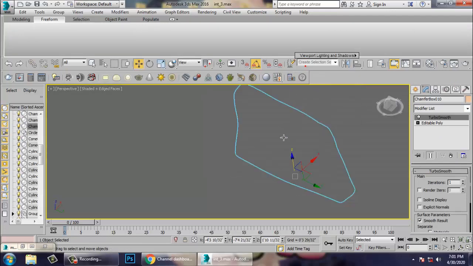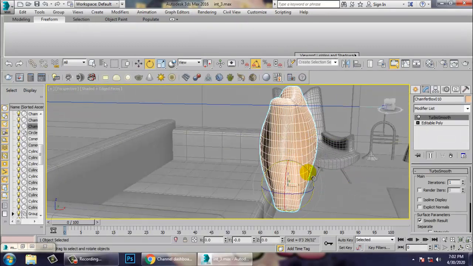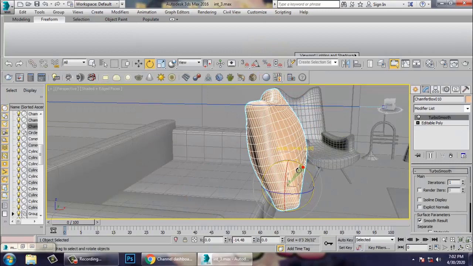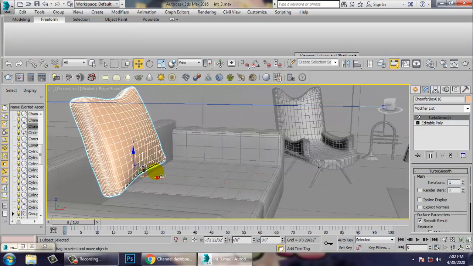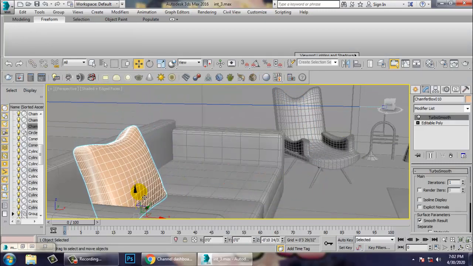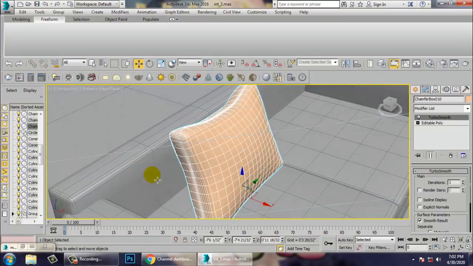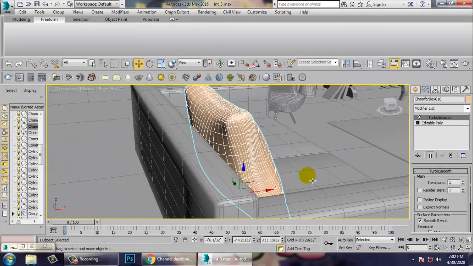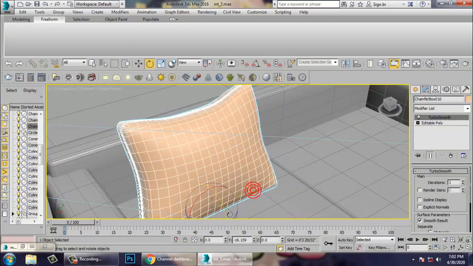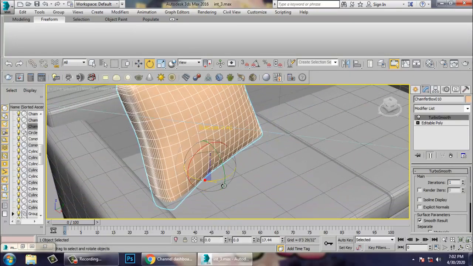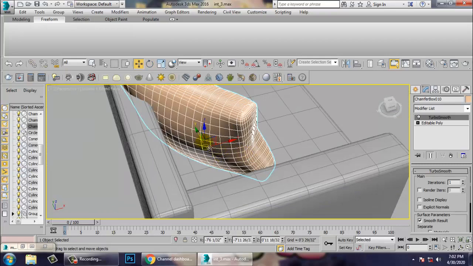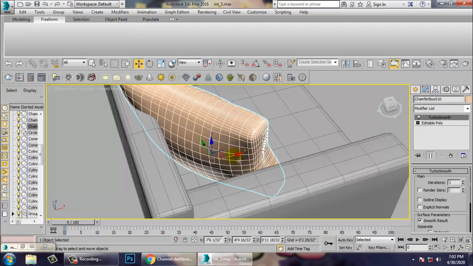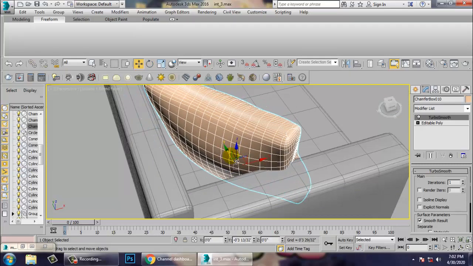So and isolate this stuff over here. Off this, rotate it. Just push this over here, scale it, not much but a bit. So let's rotate it in this way, place it.